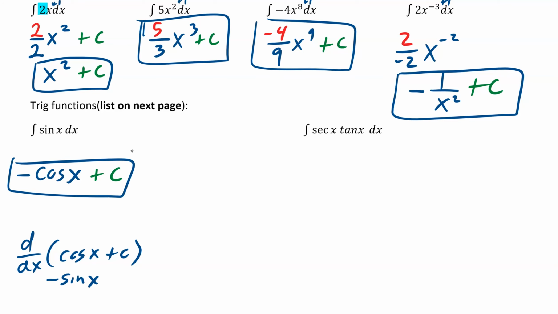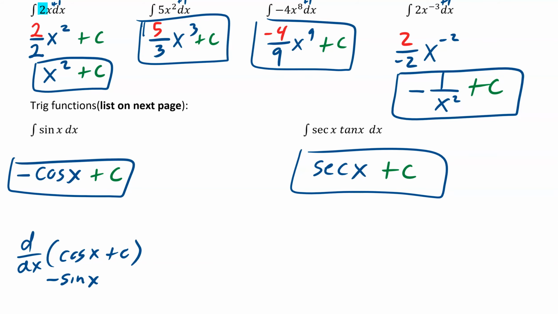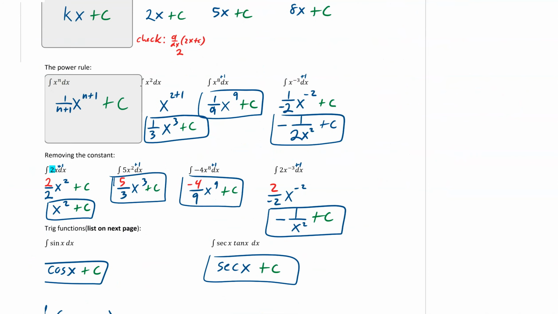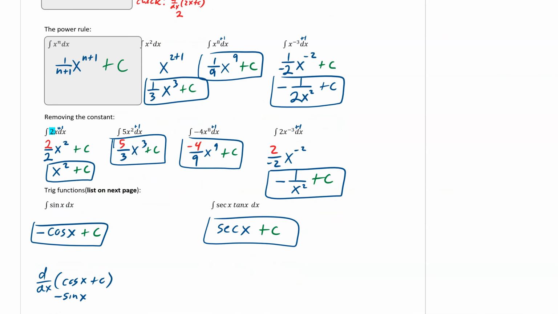So when you have a trig function that ends with a co, you want to give it a negative. And so you can do these problems without knowing any rules. You're just thinking of what was it before? What was it in reverse? So what was a trig function whose derivative was secant tangent? Exactly, that was secant x. And then you have to put plus c. And there you go. So this is our introduction. Those are our two basic rules. You have one for constants and one for power. And the next video will show you all the rules together.